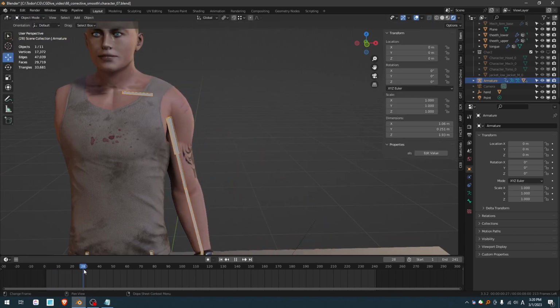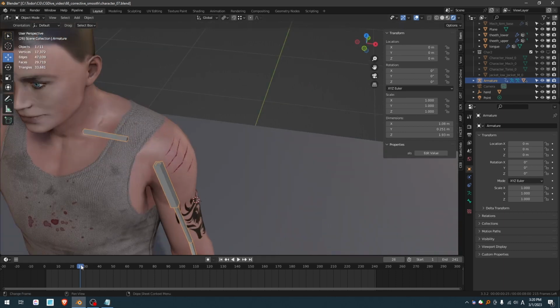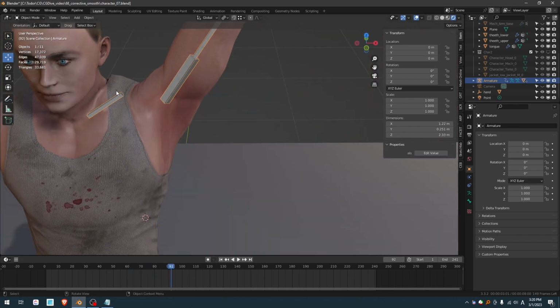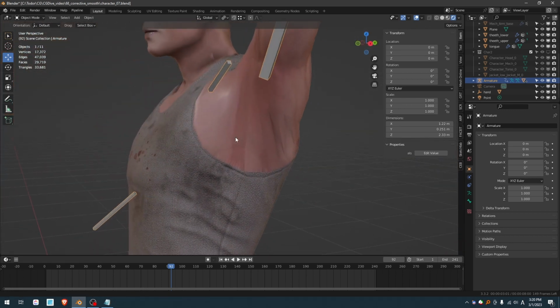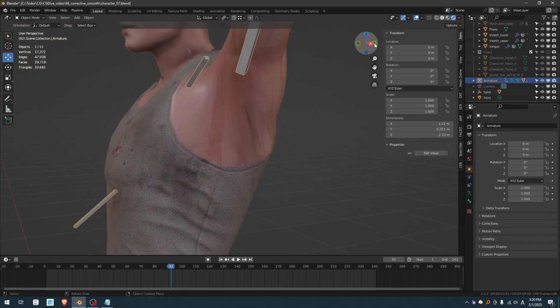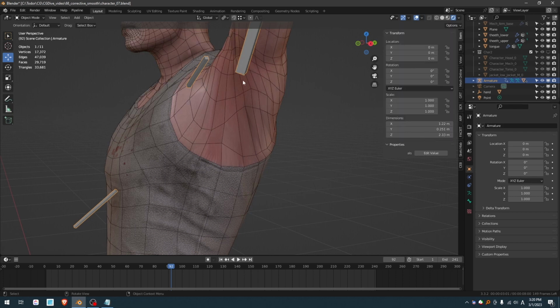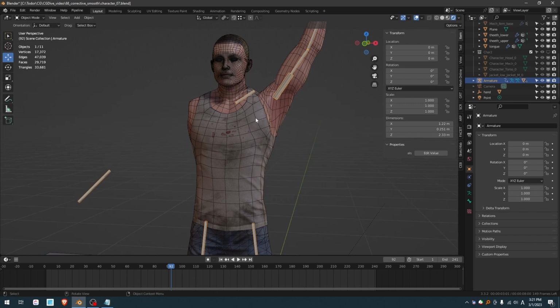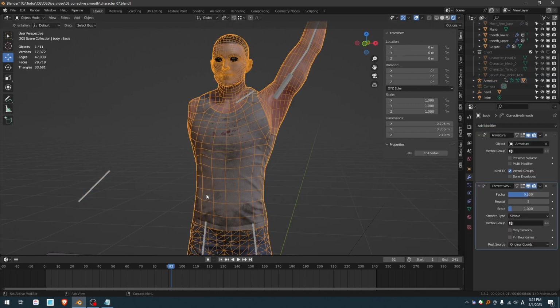So when the arm goes down, we have this stretching of the tank top. Then when the arm goes up, we have this punching of the polygons. And then especially here in the armpit area, if I enable wireframe, the polygons are quite distorted. So now if I just select the object and slap smooth corrective on it,